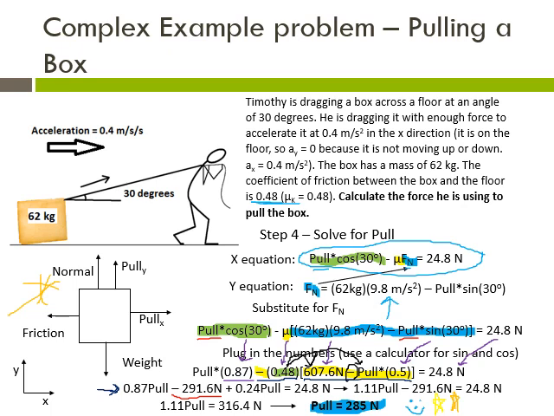Step 2 was to do F equals MA in the X direction, and even just for writing F equals MA, that's going to be worth at least half a point. I'm trying to tell you guys here how to get 1 point at a time, and then if you're able to get all the way to the end and get all the points, awesome. If not, at least you're getting a B,